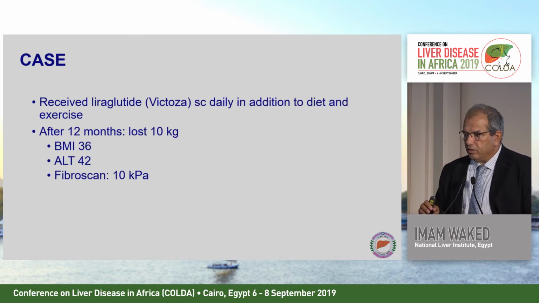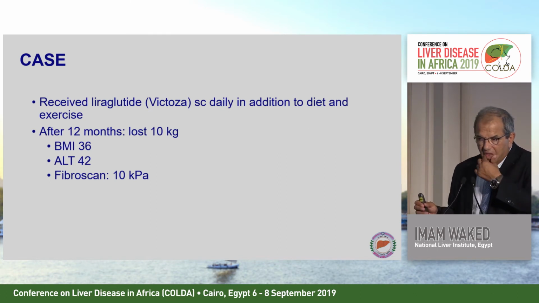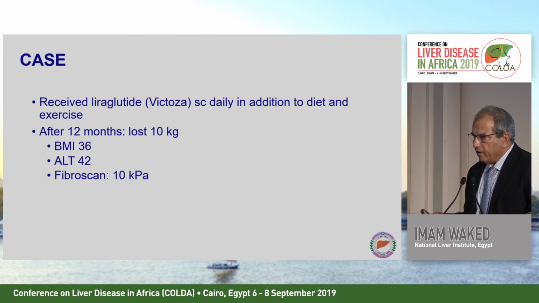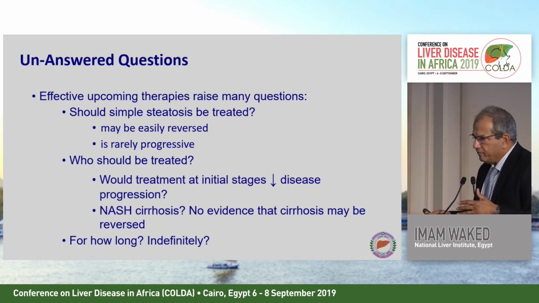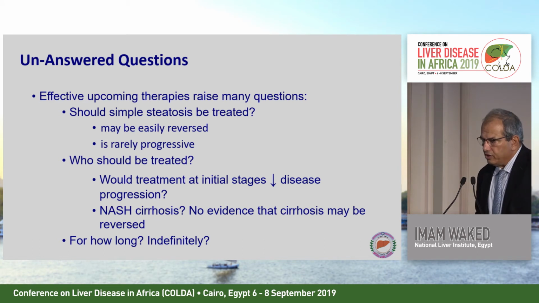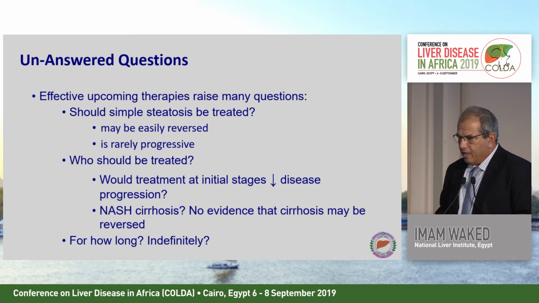The patient received liraglutide, Victoza subcutaneous daily, in addition to diet and exercise. 1 year later, she had lost 10 kilograms because Victoza or liraglutide is very effective as a weight loss medication. With the loss of weight, her BMI came down, the ALT decreased, and the FibroScan decreased from 10.5 to 10. So probably she is improving. But